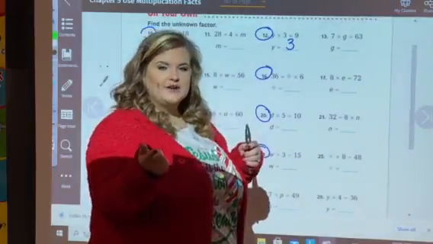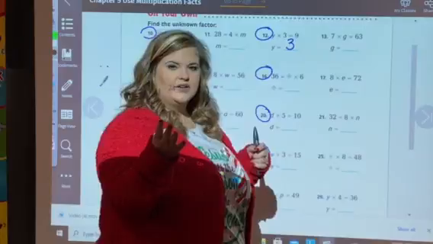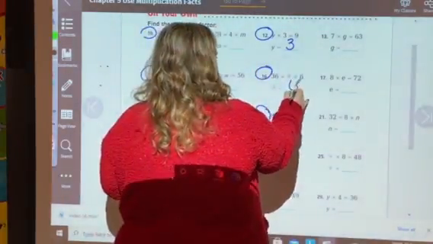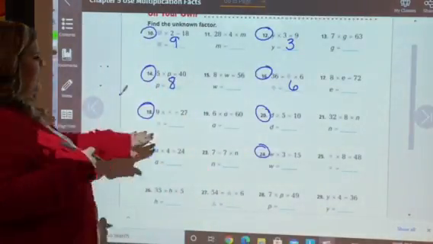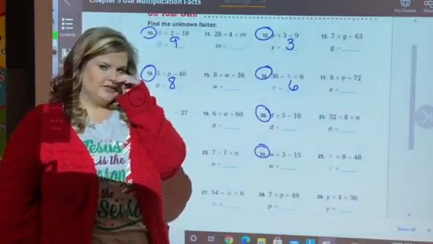If not, you can count it by 6. 6, 12, 18, 24, 30, 36. So my answer is going to be 6. Okay? Now, when you get on to our math practice today that you're going to do for your assignment is